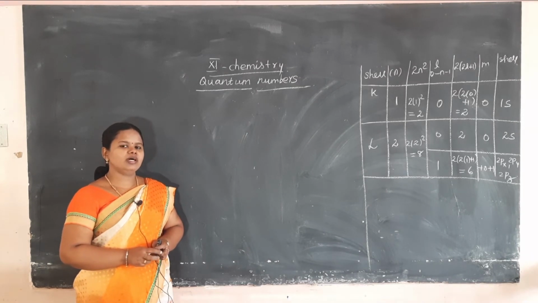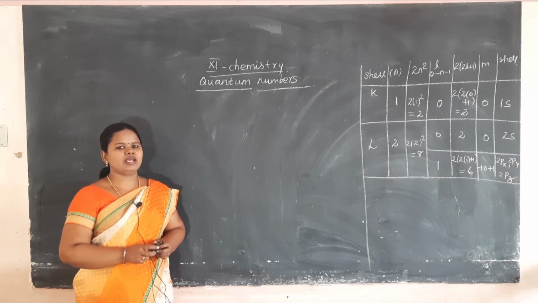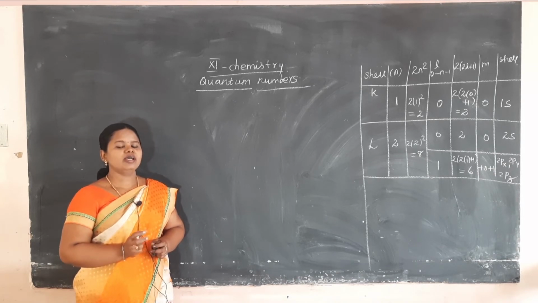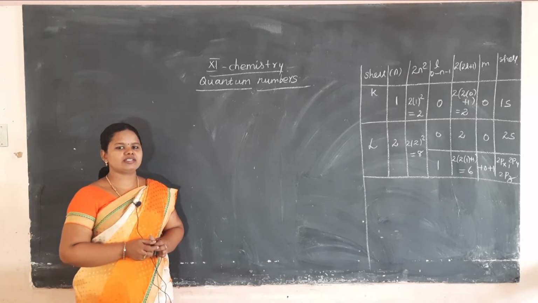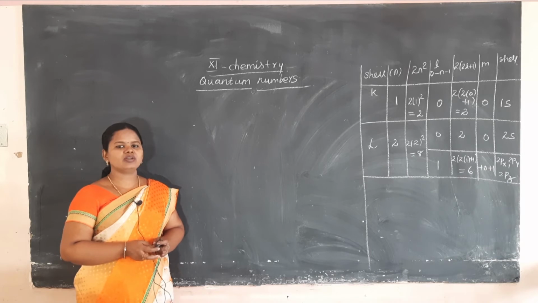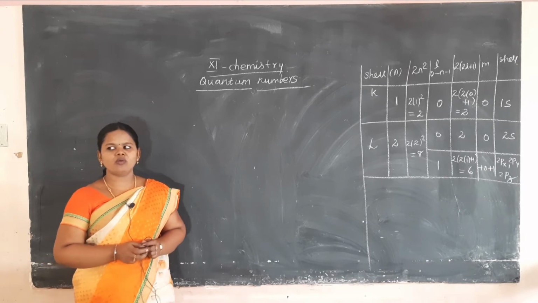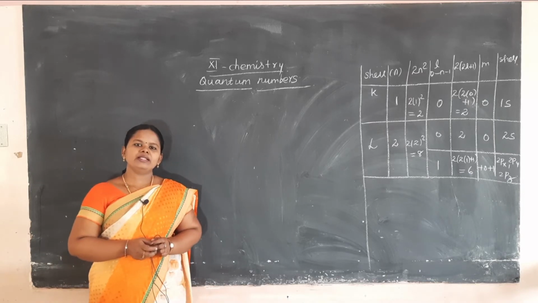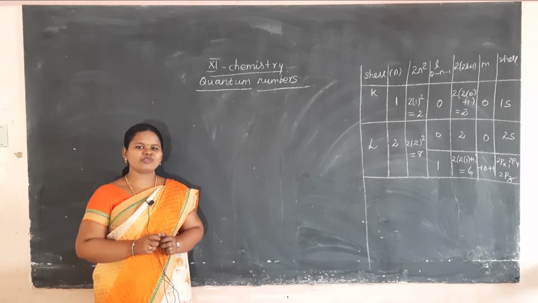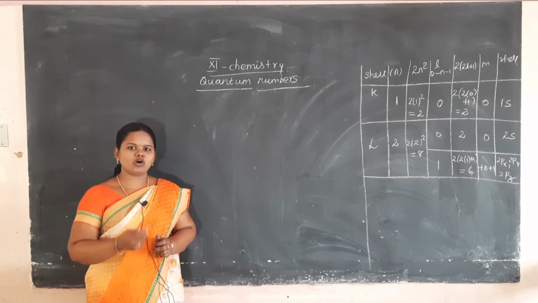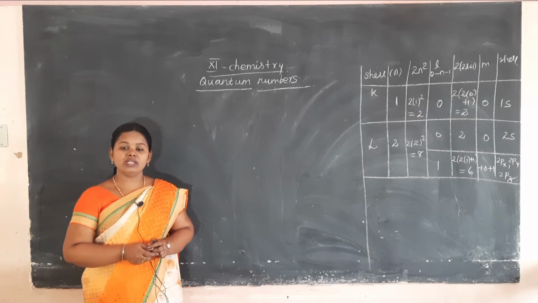So already we have learnt two lessons. That is the first lesson, basic concepts of chemistry, that is basic concepts of chemical calculation. Then second one, we have learnt about the periodic classification of elements. Then third lesson, quantum mechanical model of atom. In the quantum mechanical model of atom, we are going to learn an important concept, that is the electron in an atom can be represented by 4 types of quantum number. Already this topic you might have learnt in your lower section, but this time you will learn in detail.